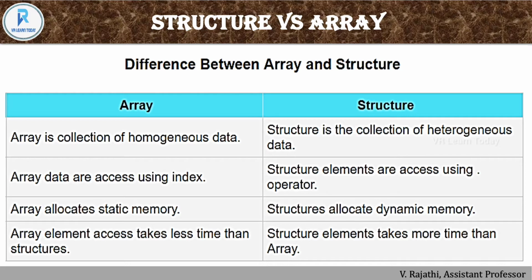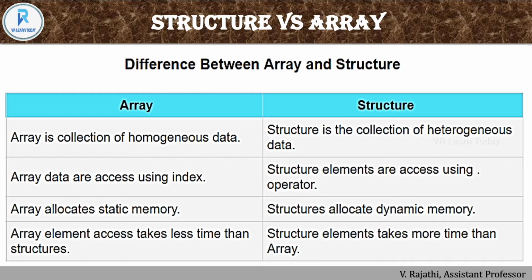So if I need plenty of values in different formats, I have to use a structure. A structure is also used to get plenty of values or variables, but we can get any number of different data types. See the previous window. Here we declared the struct keyword and the structure name, and after that I can declare char, then int, and then float. That is called heterogeneous. In an array, that is called homogeneous.